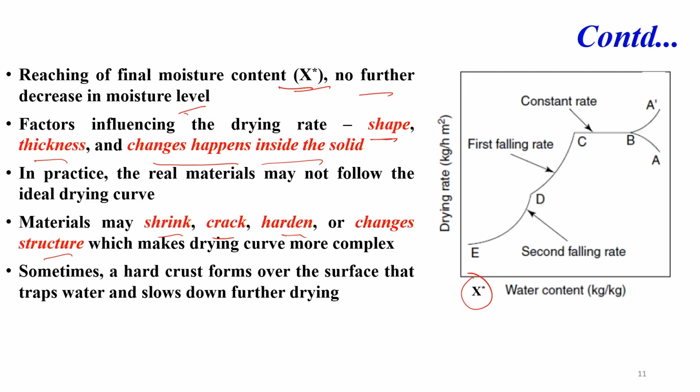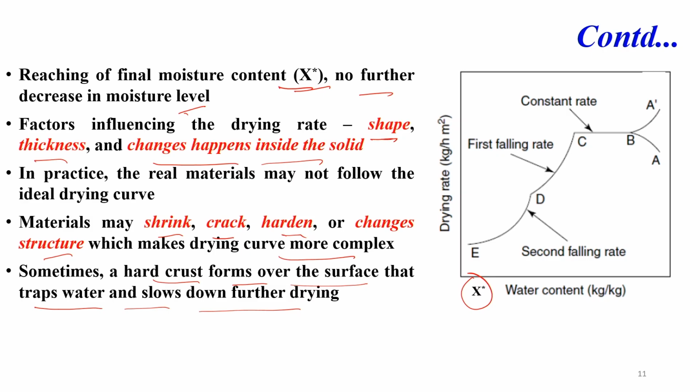This makes the drying curve more complex depending on the nature of the material, and sometimes a hard crust forms over the surface that traps water and slows down further drying. It means the upper layer has dried up but moisture is still there